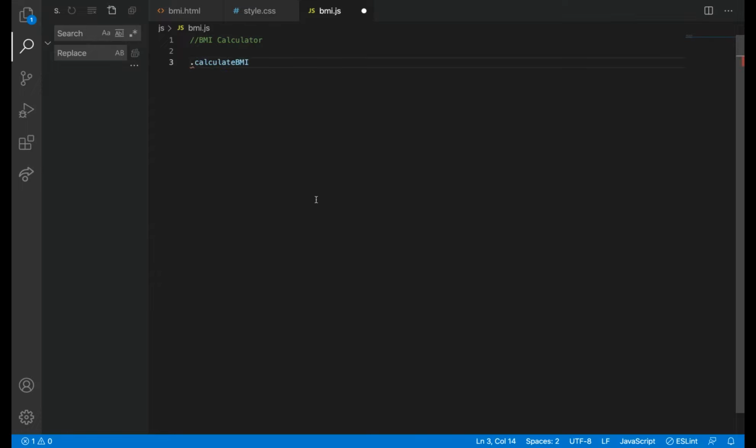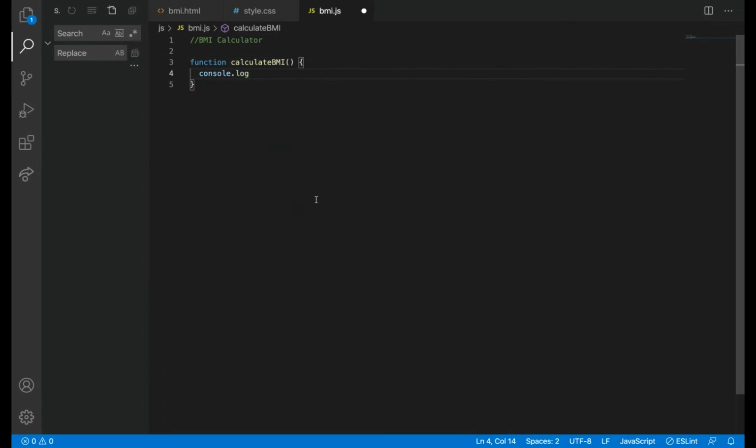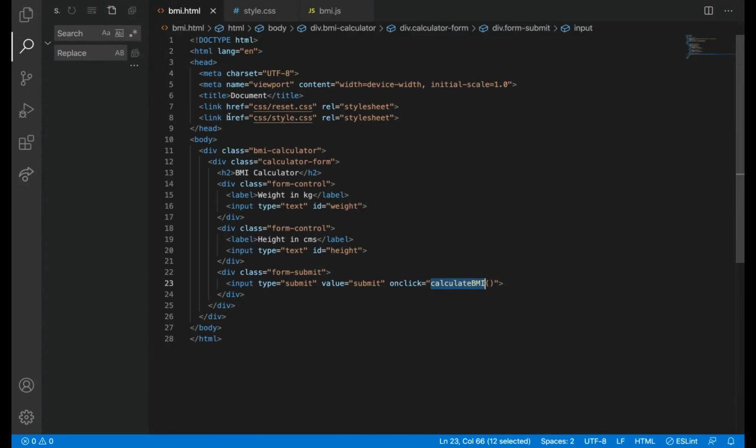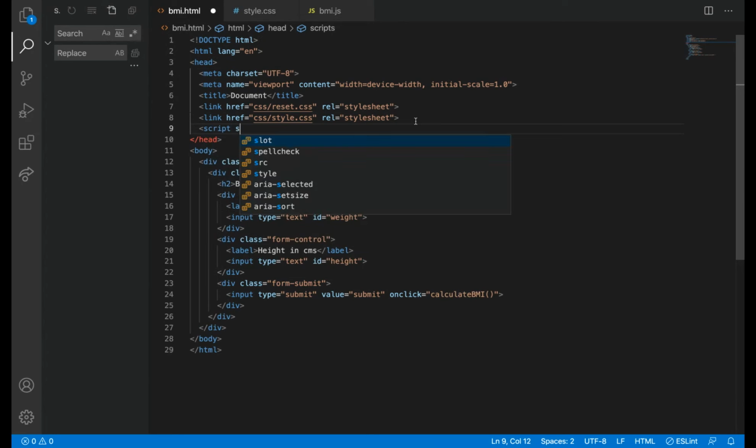I have not attached it. Sorry. I have added a function calculateBMI, and then I'm just going to add calculate. Fine. So script src js folder BMI JS.